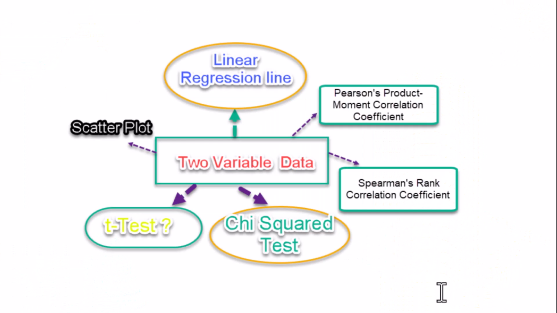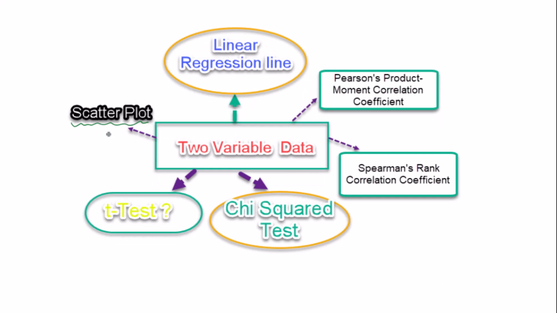This video is about two-variable data analysis. First of all, we will use a scatter plot. Then check the linear regression line. Is there any linear relationship between these two variables? Then we can use Pearson's product moment correlation coefficient to check the degree and the direction of the linear relationship